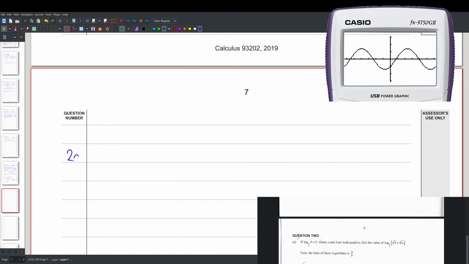Alright. So log base a of b equals 5, right? a to the 5 equals b. a to the 5 equals b to the 6. Right? That's basically what it means. I don't know why you can't put a bracket around the fraction at the bottom, but it's not here or there. Okay, so